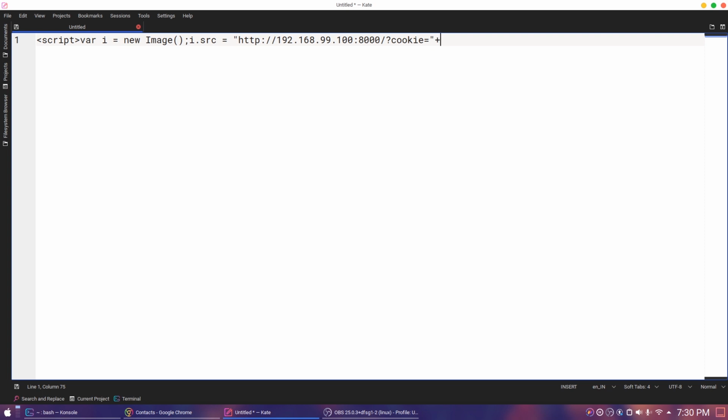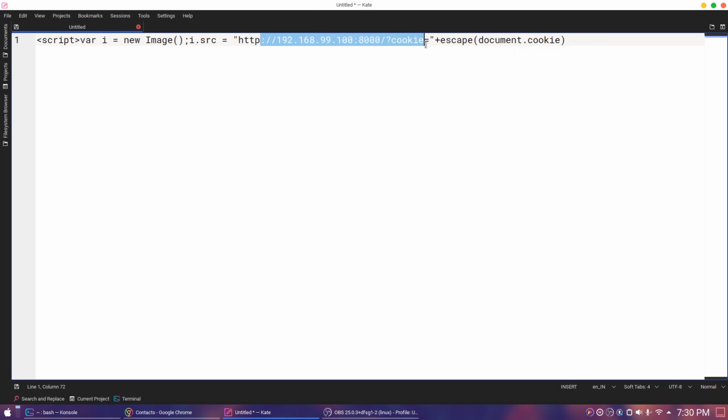plus we can say the escape function. So this escape function will handle the not-normal strings, so if there are special characters, they will be preserved by this function. We can say document.cookie.